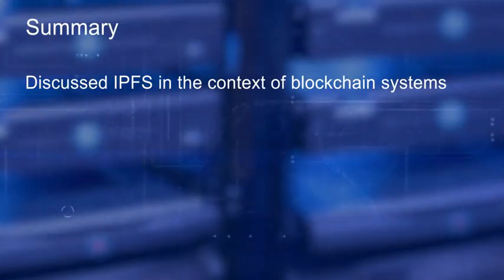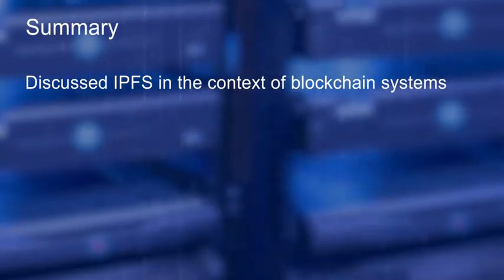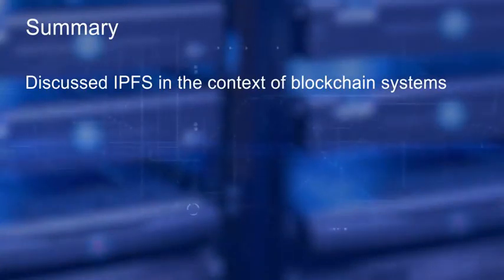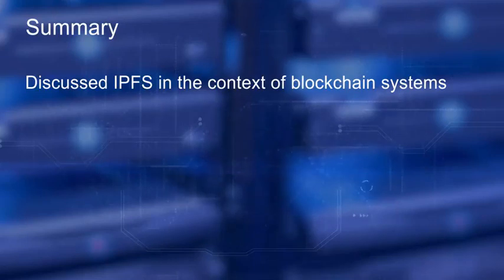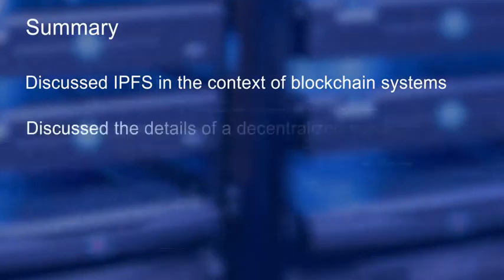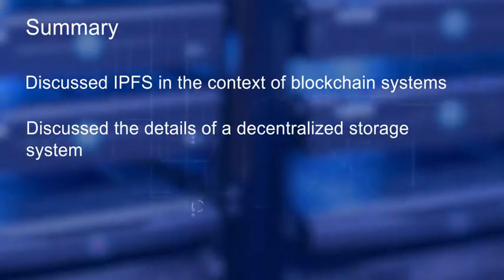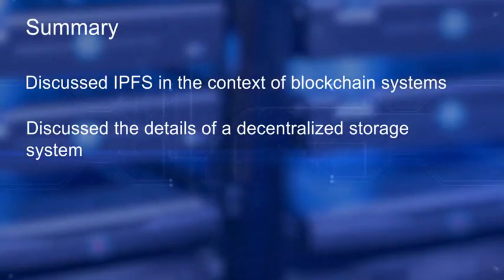In this case, the voluminous data can be stored on the IPFS and its metadata on the blockchain. Instead of a centralized store, IPFS can be the store that works in tandem with the decentralized ledger technology of the blockchain to create a powerful solution for many storage-rich business use cases. We discussed the details of a decentralized storage system that can be used for storing the off-chain data for the blockchain. It is used in many genomic data applications for storing large genomic data and in dApps such as OpenLaw for document storage.